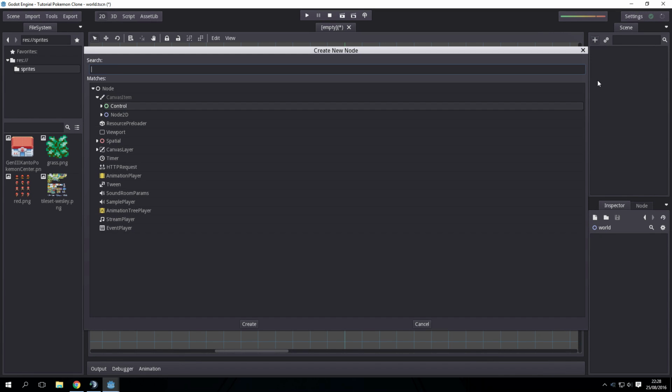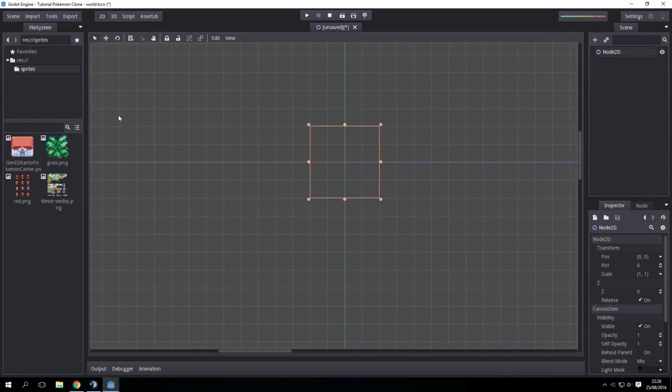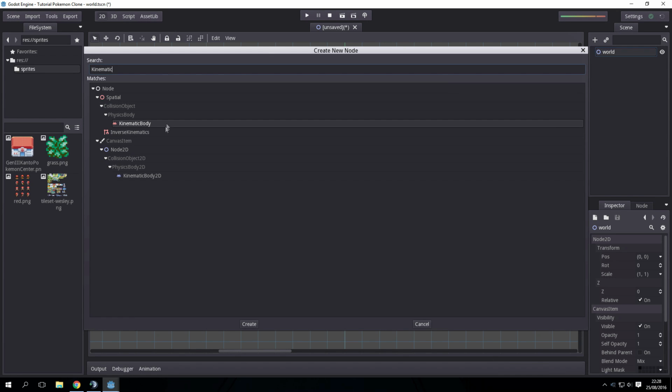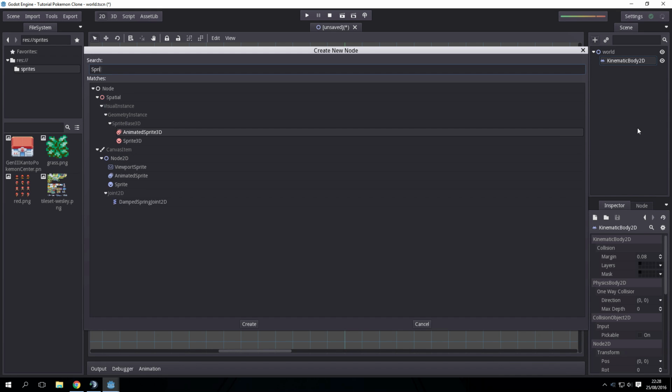Okay, then we're going to be making a Pokemon clone. We'll start by creating the world node. It'll be a Node2D because Pokemon is 2D, and this will be our main node where our world is located. In the world, we want a kinematic body to go in. This is going to be our player, and then we're going to use a sprite for our